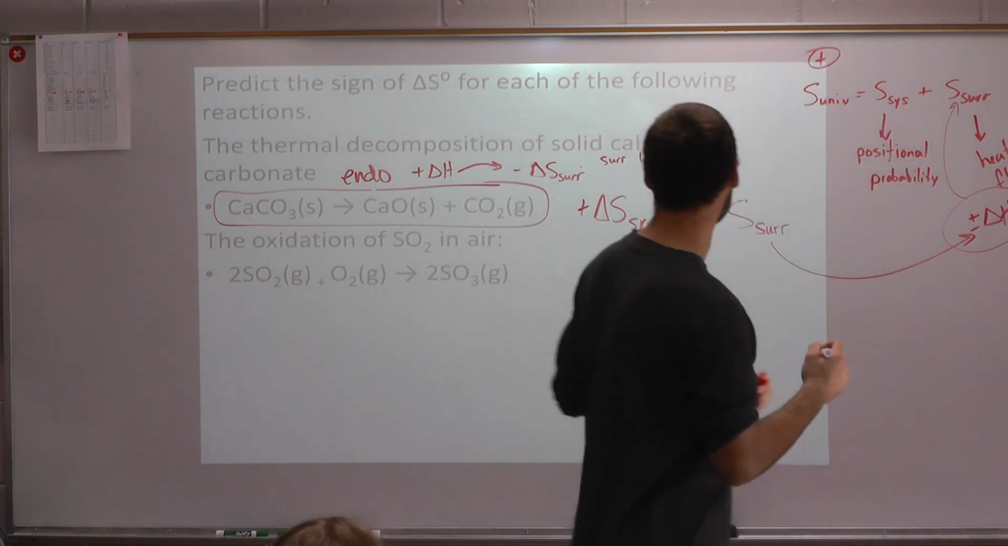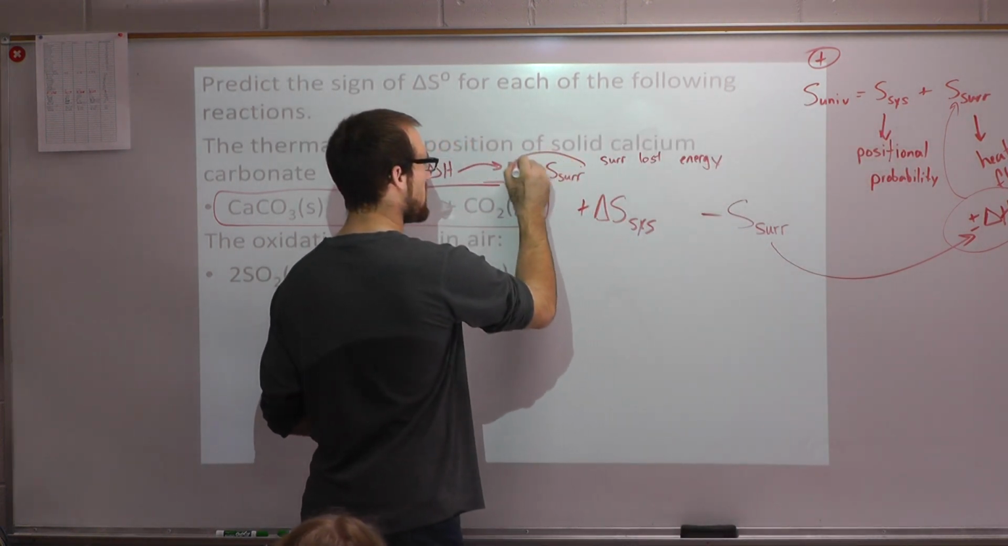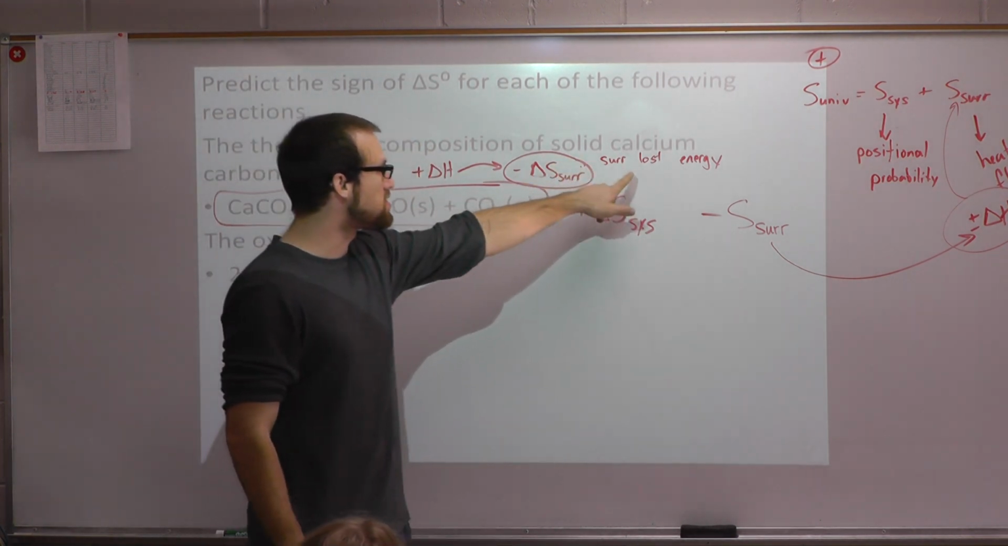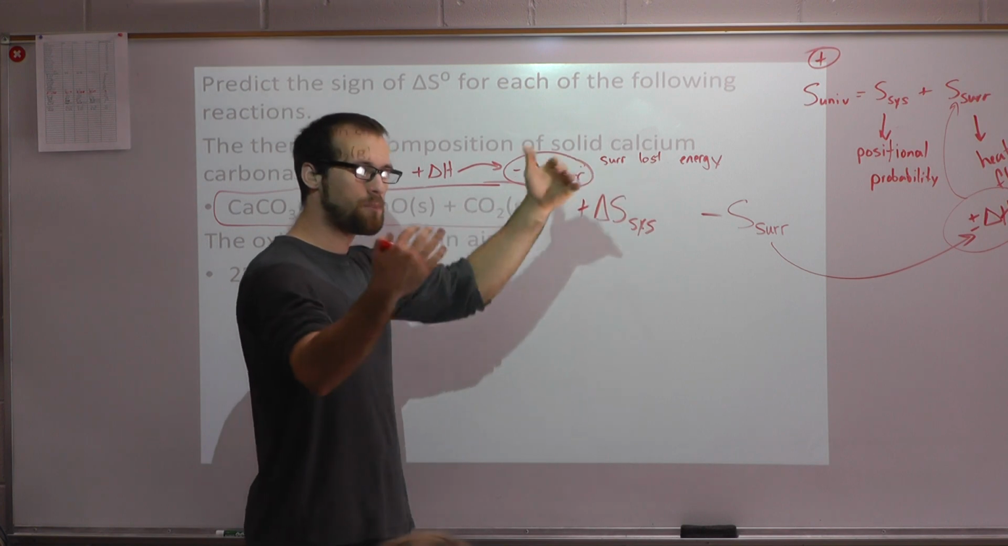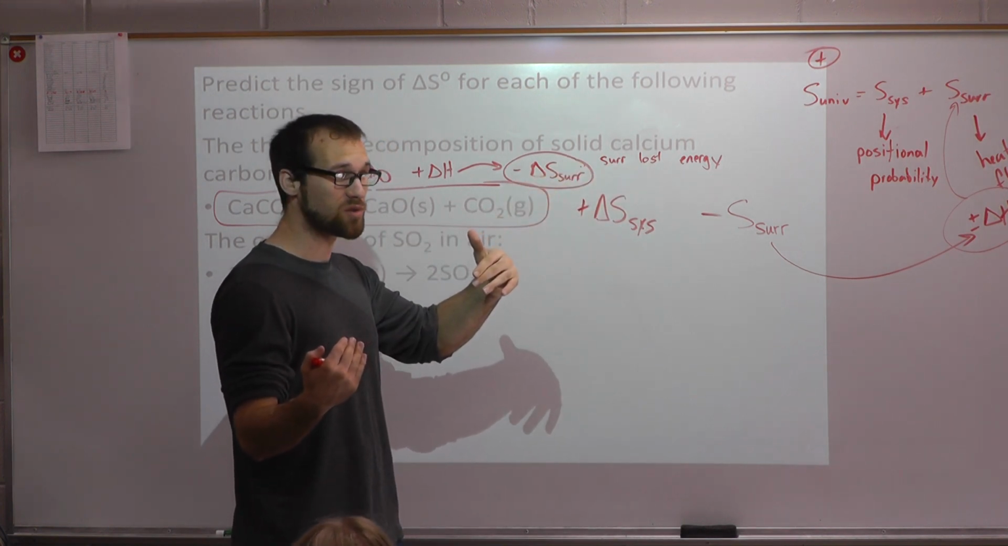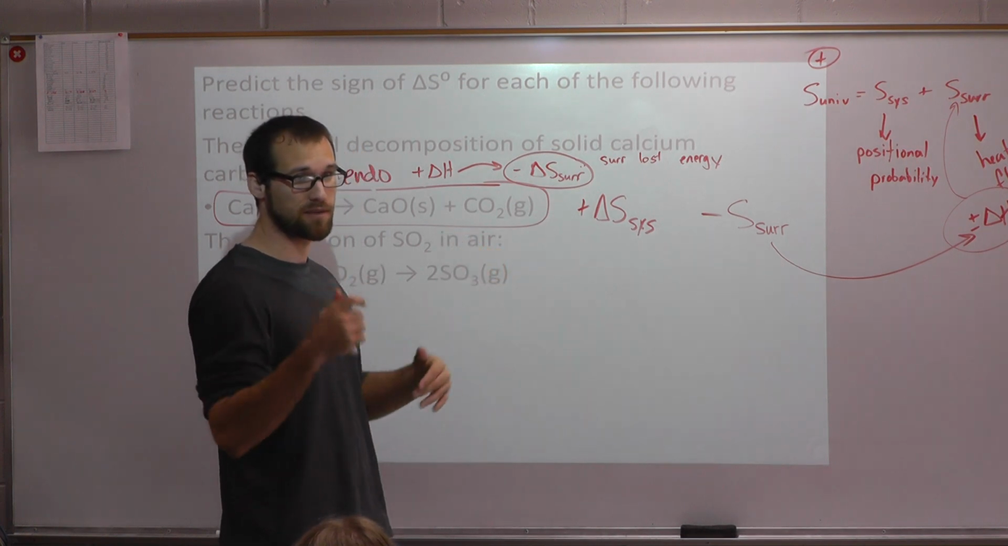Okay? So the reason why the entropy of the surroundings is negative is because the surroundings lost energy, making it more ordered. More ordered, so less disordered. Yes? Well, what if